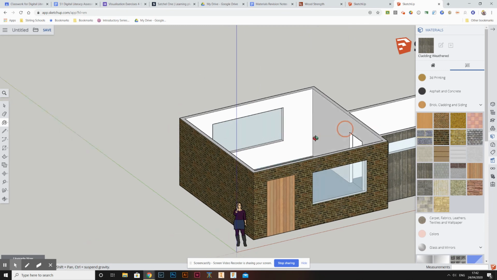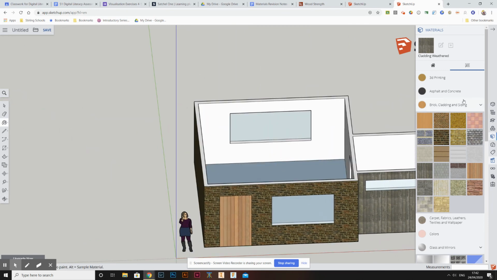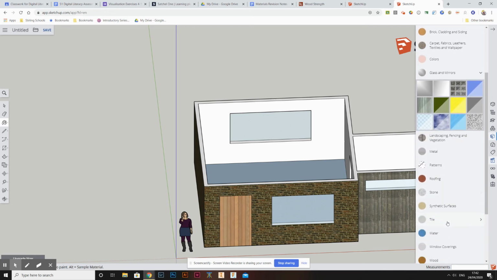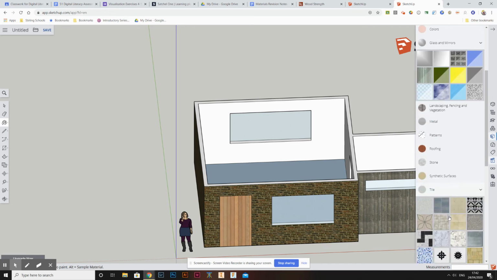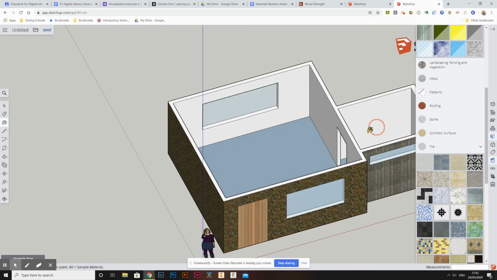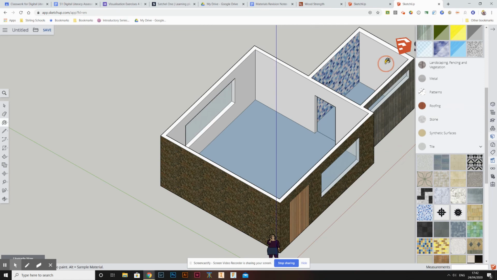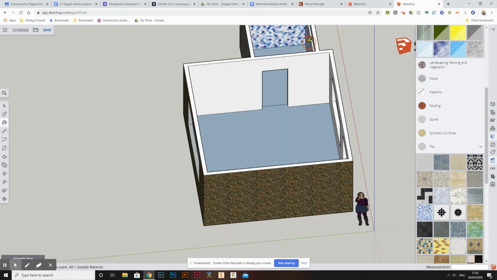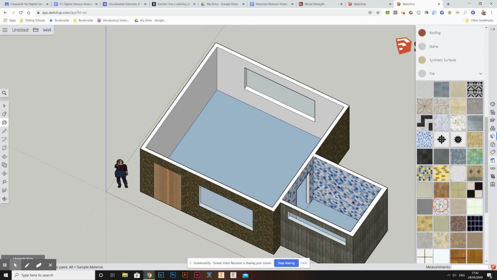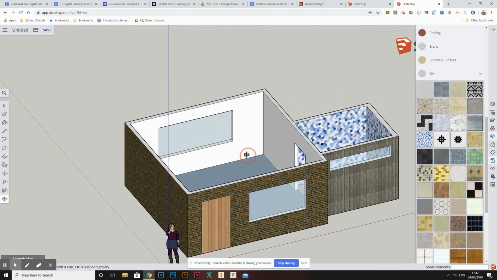And then on the inside, we can choose for our floors and walls. So on the inside, we can look for tile for the bathroom. Let's find some nice tiles here. Just use these ones here on the wall. There we go. So I'm just going to tile the bathroom with those. And maybe some different color tiles on the floor. And in this room here,